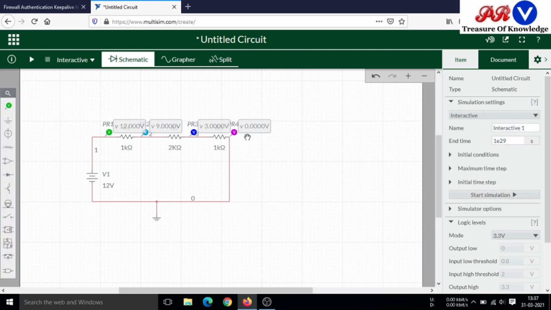You can see here a voltage drop of 3 volt, then 3 to 9, which is 6 volt, and 9 to 12, 3 volt. So the total voltage drop across the combination is 12 volt, and if we add the individual voltage drops across the resistors, it also comes to 12 volt. In this way we can verify our KVL experiment.